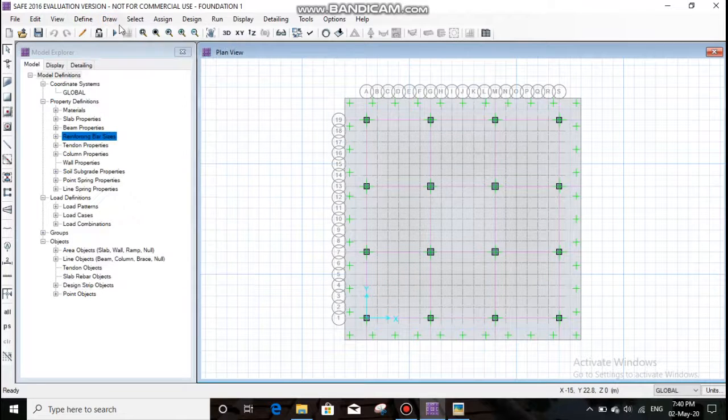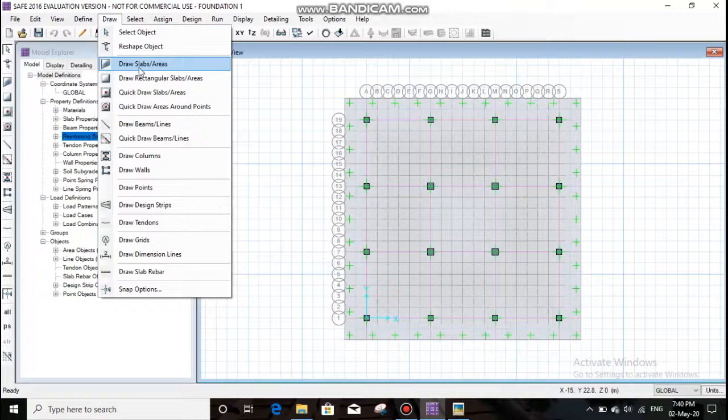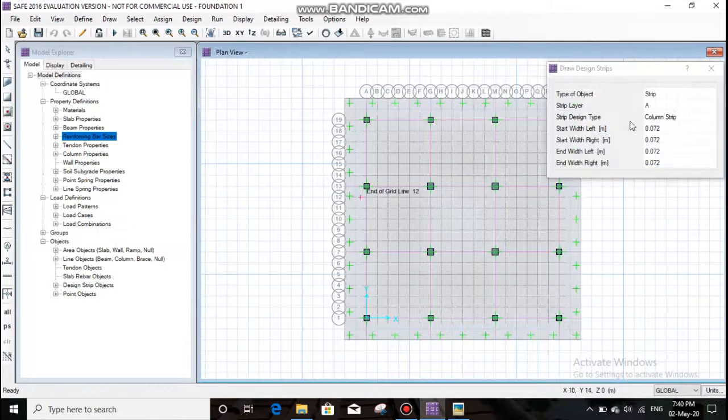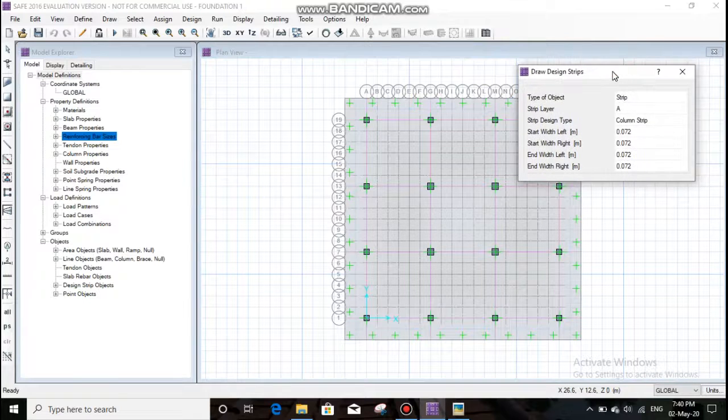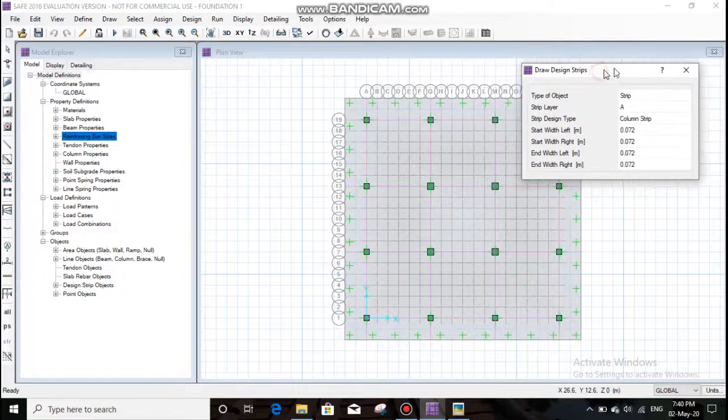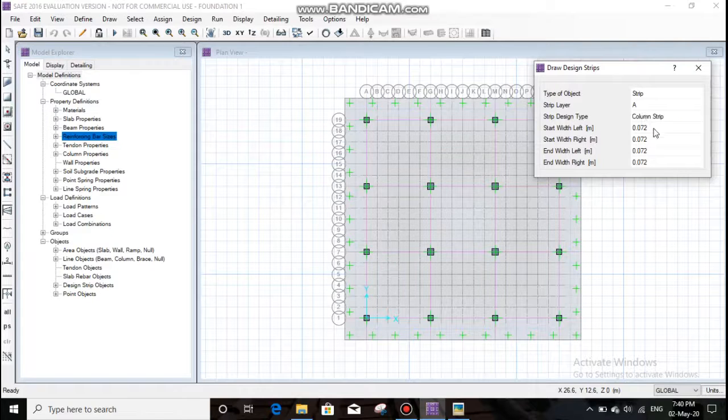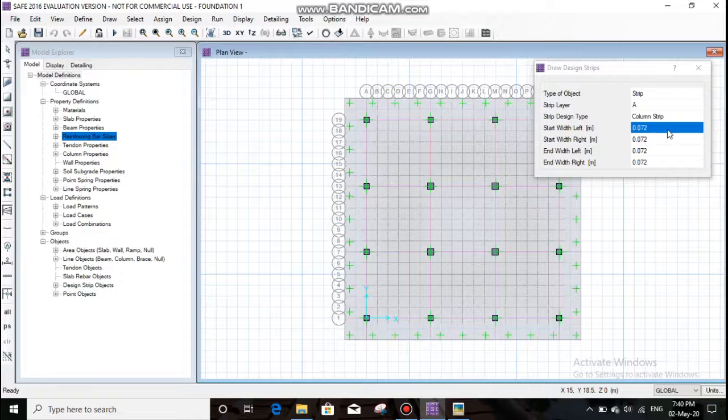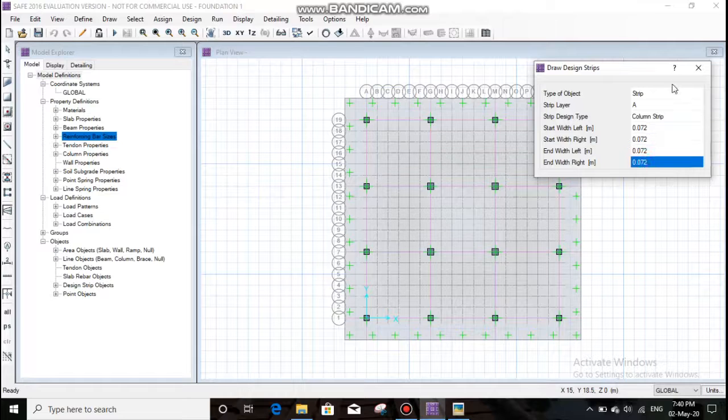Then you have to draw the column, slab areas, the slab areas, column, design strip. Make sure you set the data accordingly. I have already drawn the strip area and by the given data. So the strip width will be L minimum by 4. The formula is L minimum by 4. So L minimum is 18 by 4, it comes 4.5 meters. So we have taken 4 values, so you have to edit the values 4 in all this and draw the